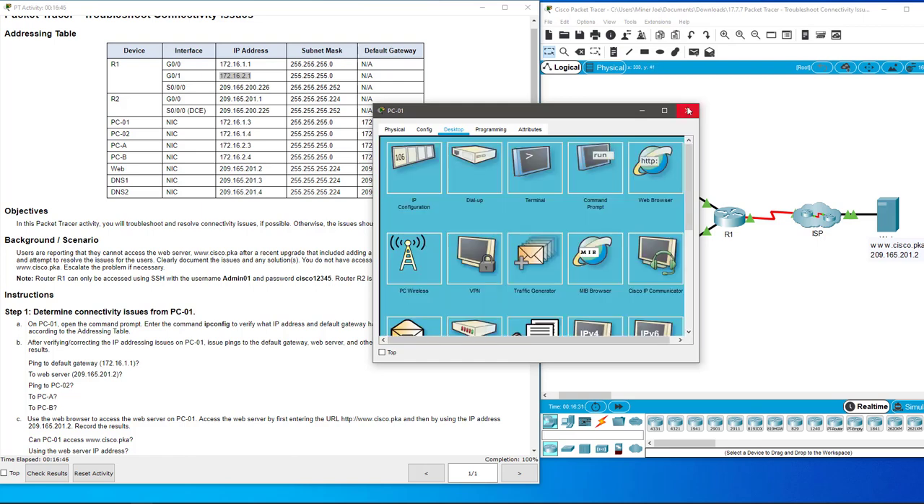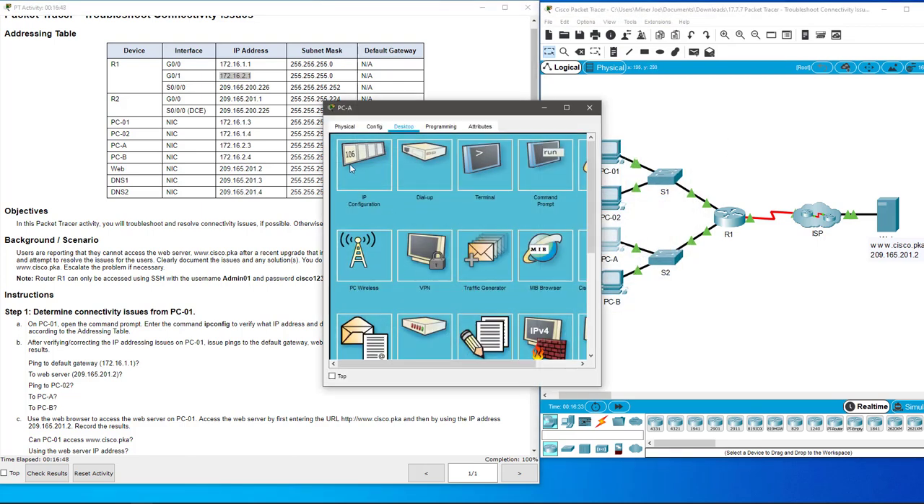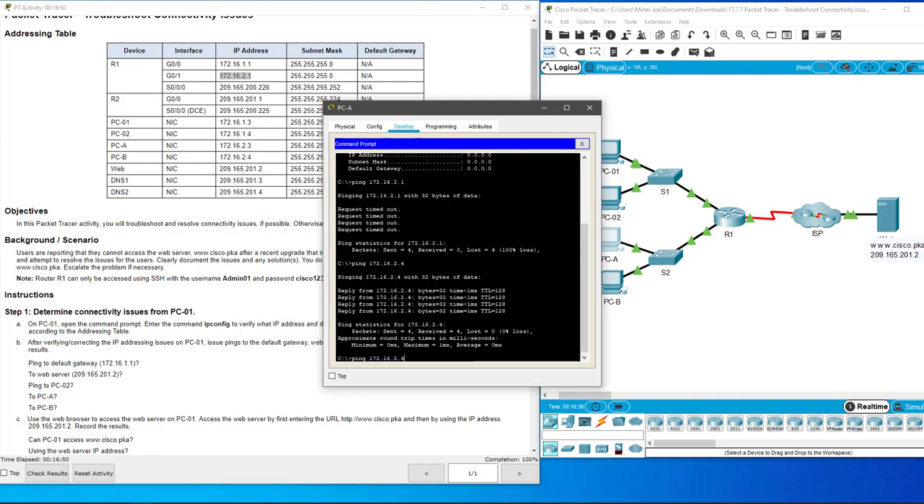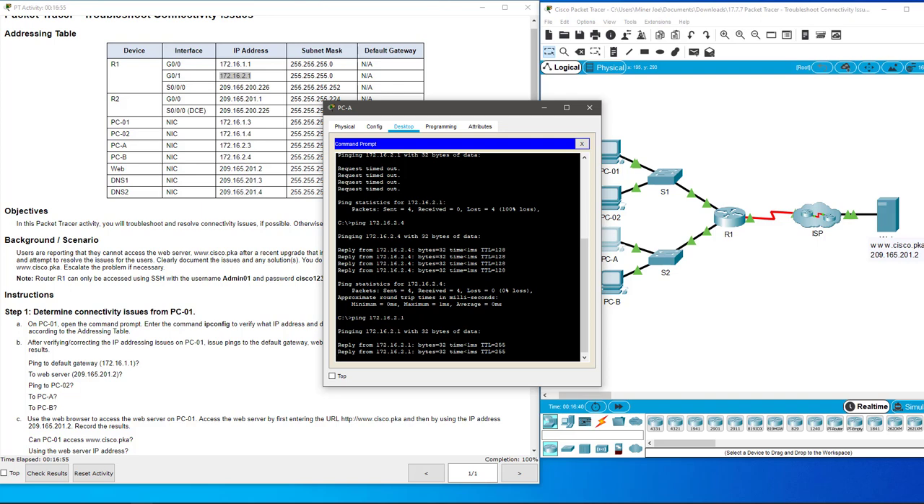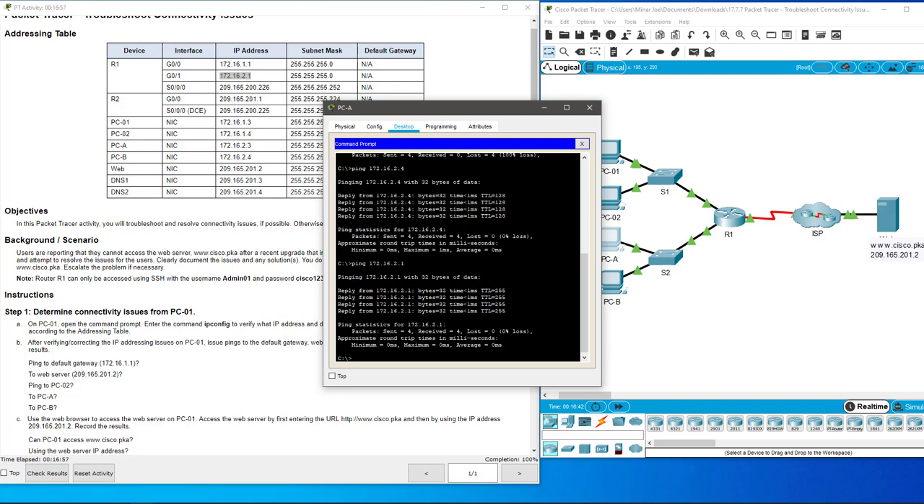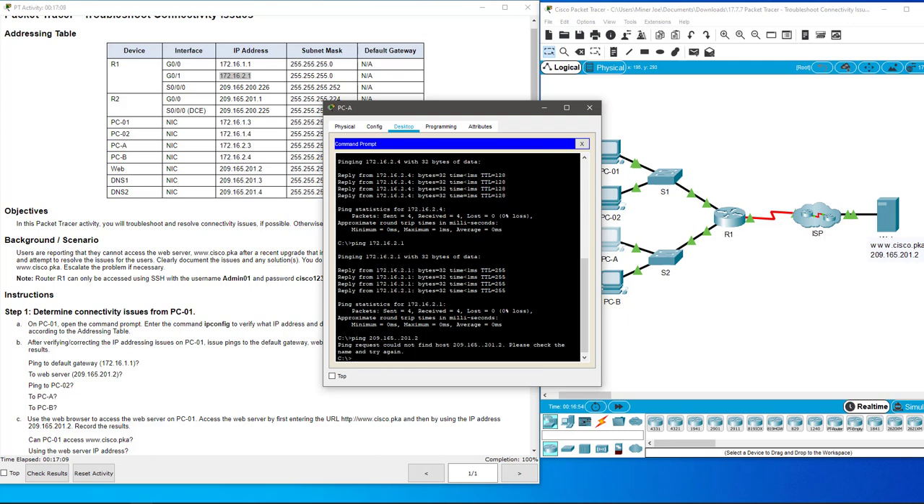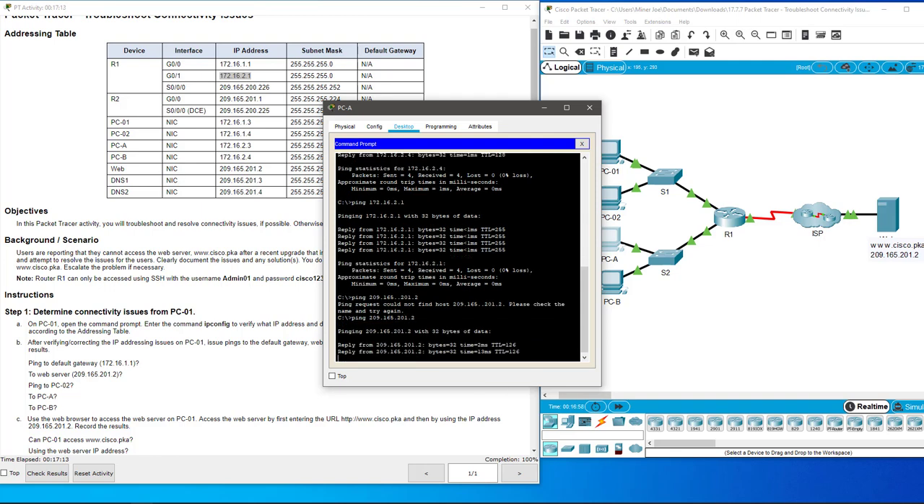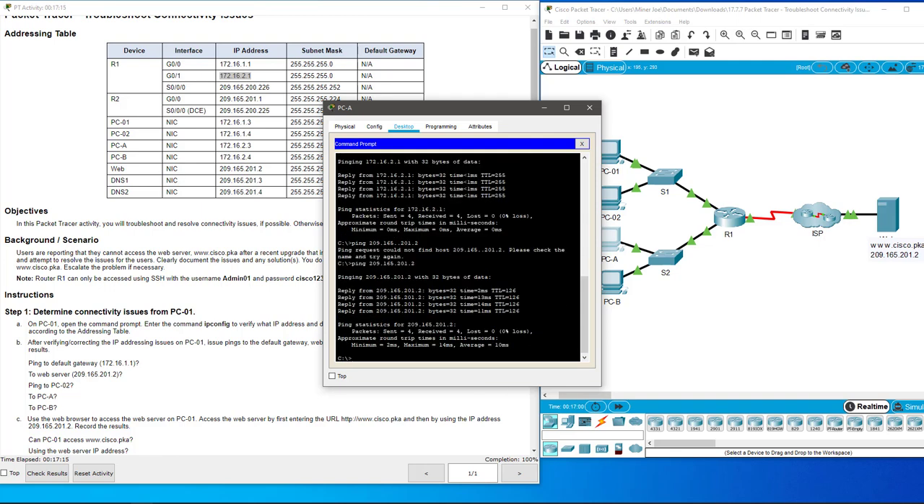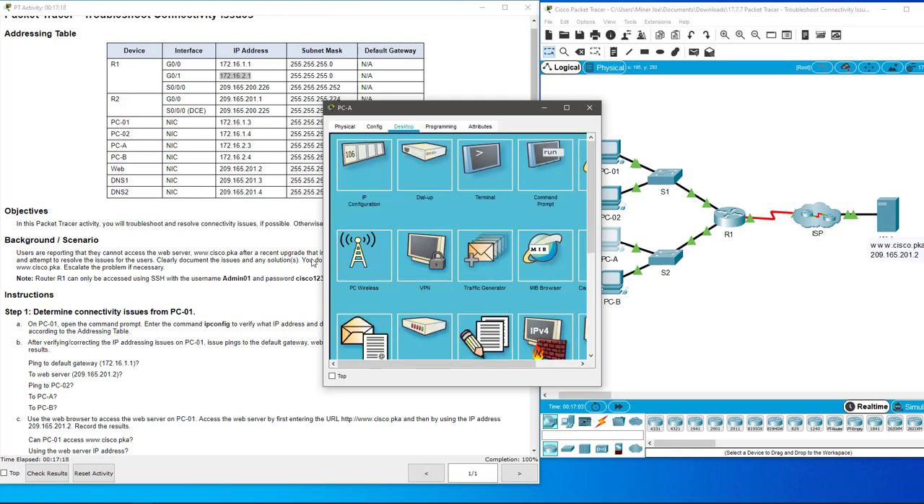So we did score the points, so that's good. Let's go to PCA and just ping the default gateway this time, and it does work. And if we try to ping all the way out to 209.165.201.1, that should work as well. Whoops, too many dots. And it does. And this lab is solved. So thank you for your time. I hope you enjoyed the